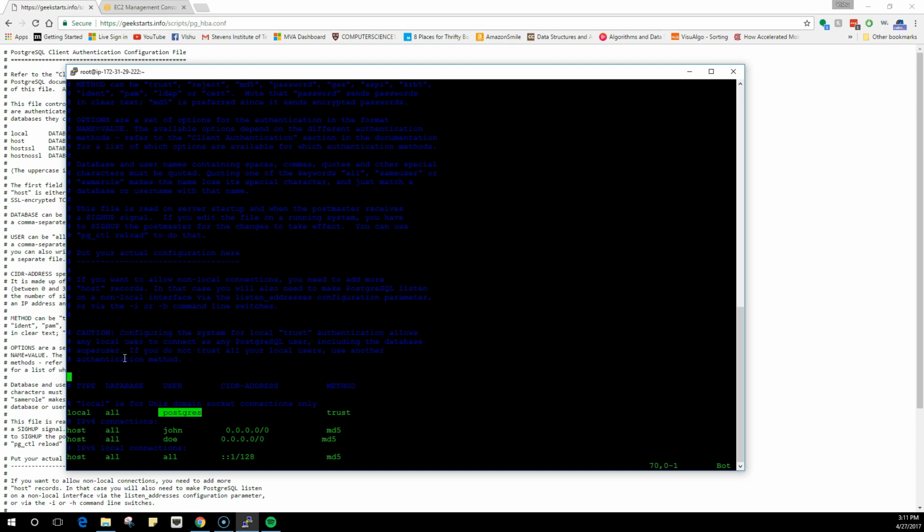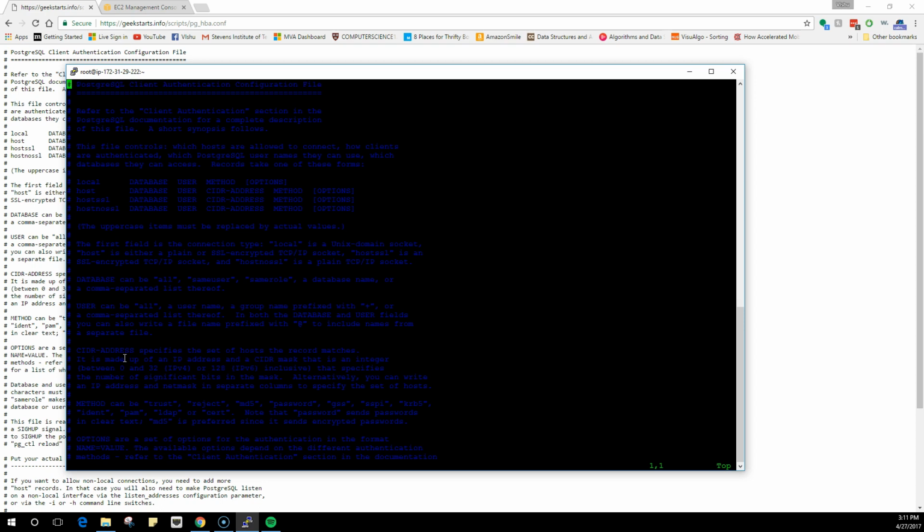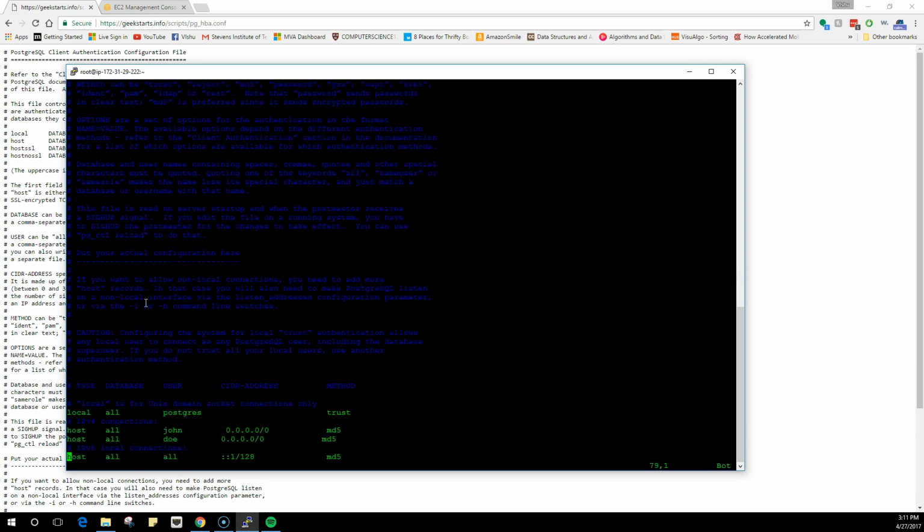If you want to read through this, it's good. You'll get a lot of information. We have configured the database, and we have allowed local access, and we have remote access for two users called John and Doe, and they can connect from anywhere. Also they have an MD5 hash method. This hashing method keeps the integrity, and it helps us verify if the users are actually the correct ones. So that's it for this video.